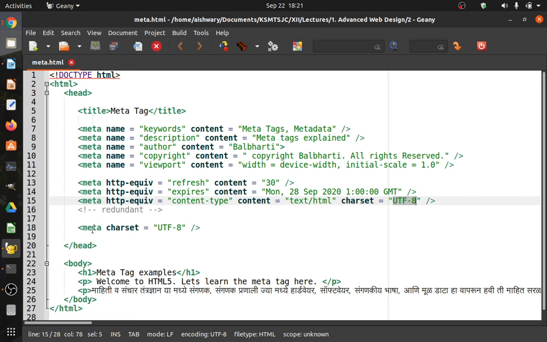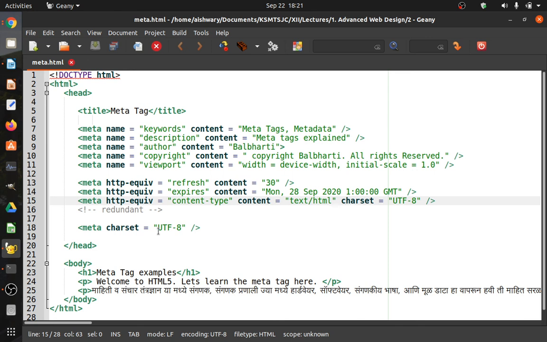And let us concentrate on the last attribute of the meta tag, which is charset, which is once again the same thing. This is used for representation only. Either this should be used or this should be used. So charset represents the name of the character encoding which is used to render the text present in the web page.